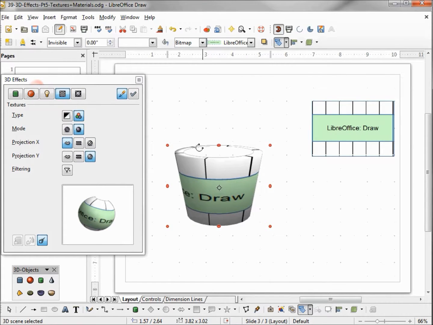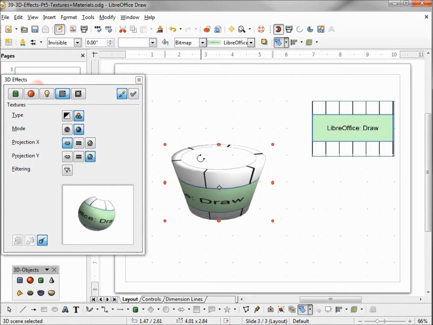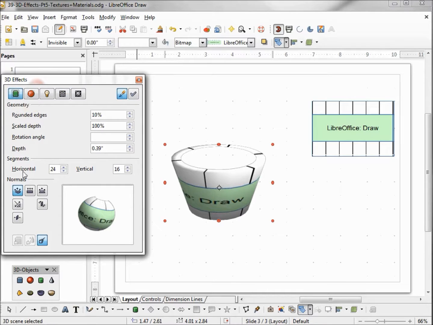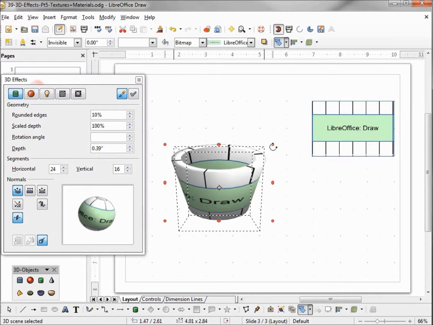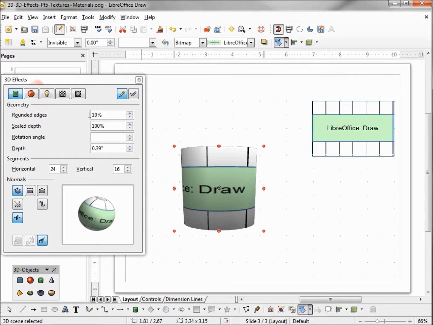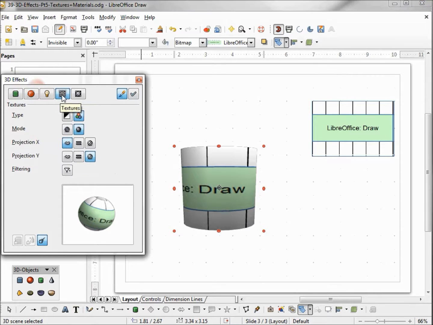Here we see the line from the top, and when we angle it, it looks like there's no back side. From our previous tutorials, we know how to fix this. Go back over to our Geometry tab, and then turn on our double-sided normal. Going to angle this up a little more. That looks pretty good. Let's go back to our Textures tab.